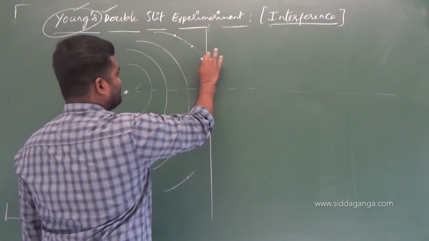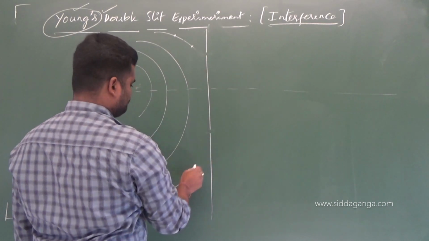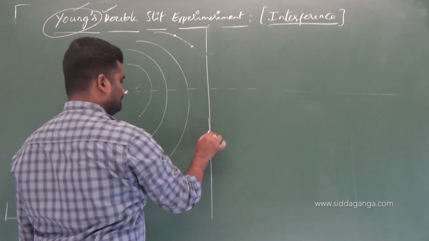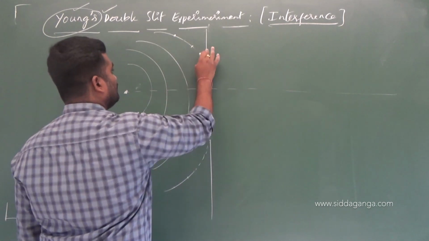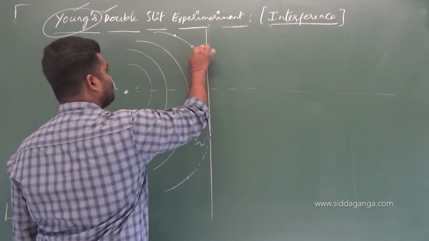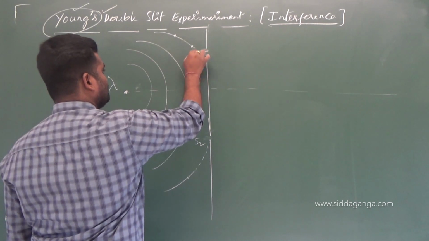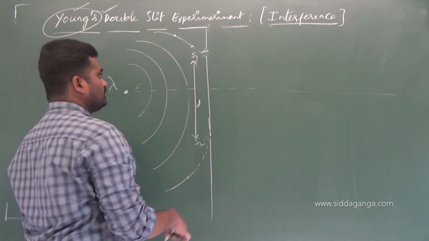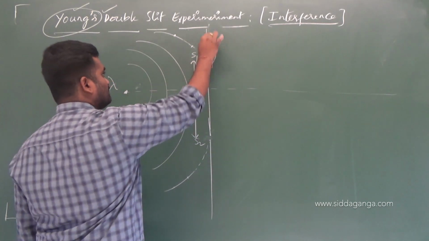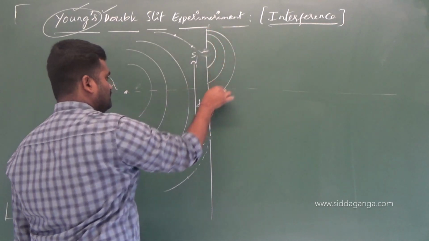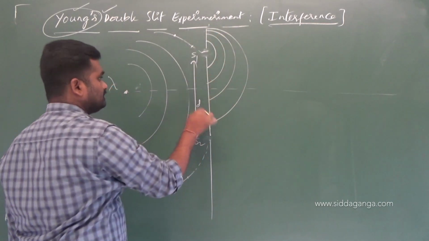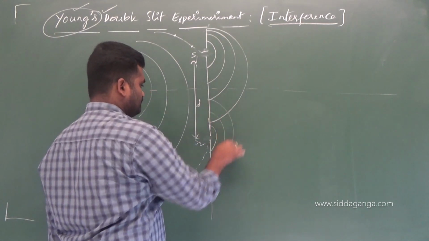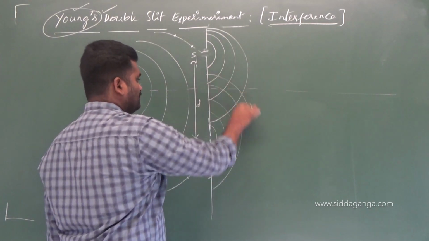So I will take this as one slit and this as the other slit. Over here, this is S2 and this is S1, two slits, and the distance between these two slits is D. No doubt this source is going to emit light in all possible directions, as you are aware, like this. And this source also is going to emit light in all the directions like this.